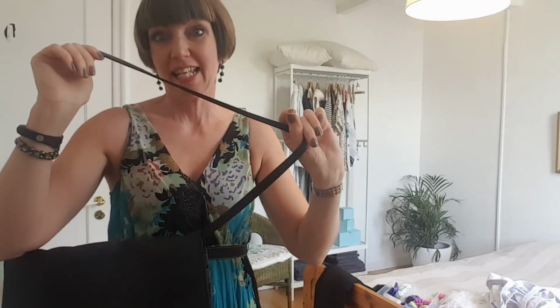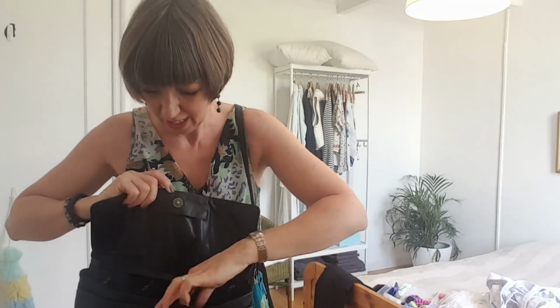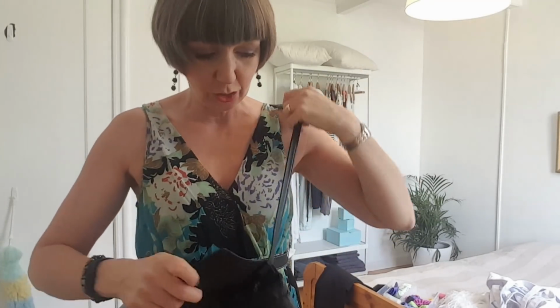And this is going to be fantastic when I've got my black jacket on in the winter, and I'm going to Swedish class, and I can have my notes in here. And the funny thing was that inside was a wee magnifying glass, because Vibeka's mum couldn't see anything, and I said, oh great, I will. So Vibeka was really happy that I could take something of her mum's, and it's really jazzy. Look, it's got this little bit of zebra going on, and it's really nice quality leather